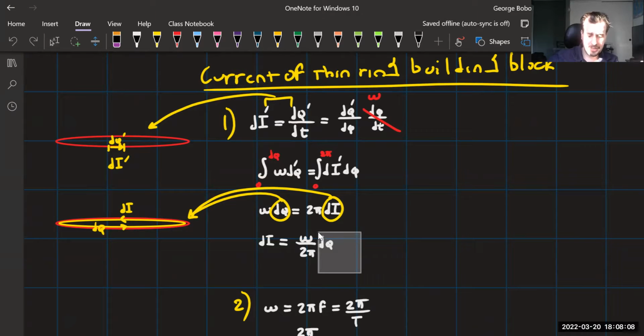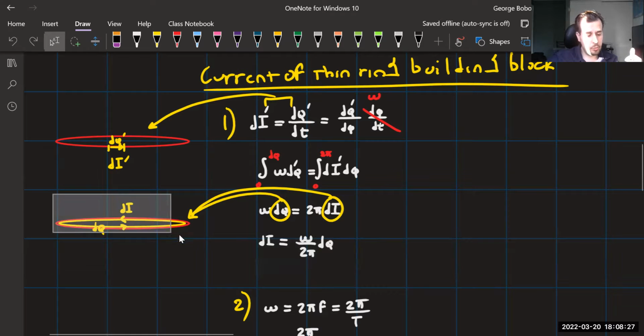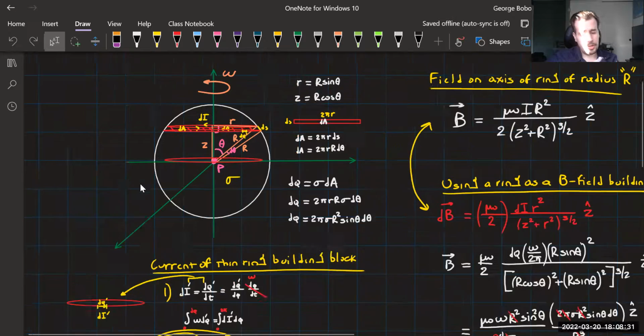Plugged in the connection of what lambda is in terms of sigma. But I left it like this for a little while in this answer. I left dq unchanged until it got to the integral part, of course. So this is what the little current is of each ring that I use on that sphere. So once I establish that really quickly,